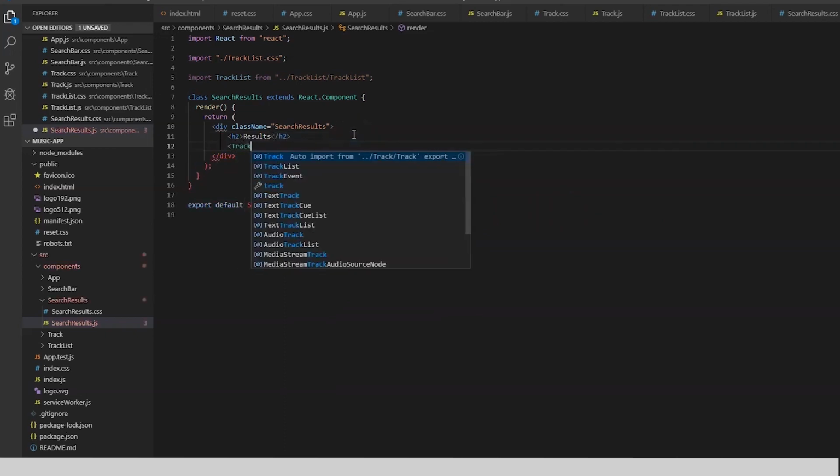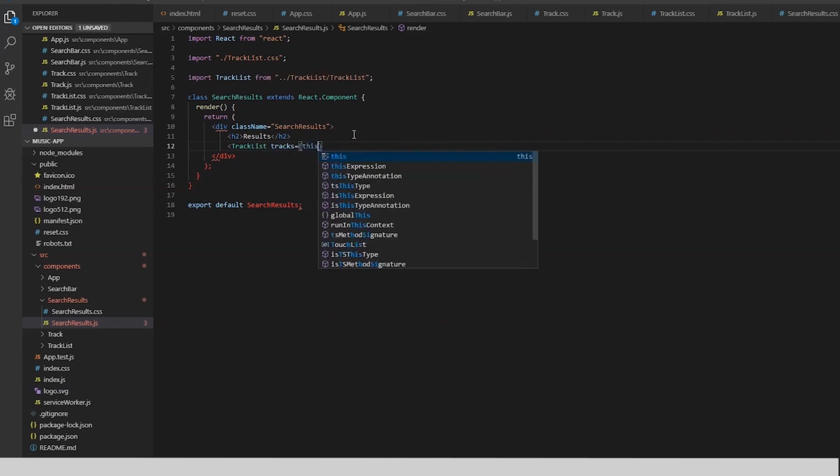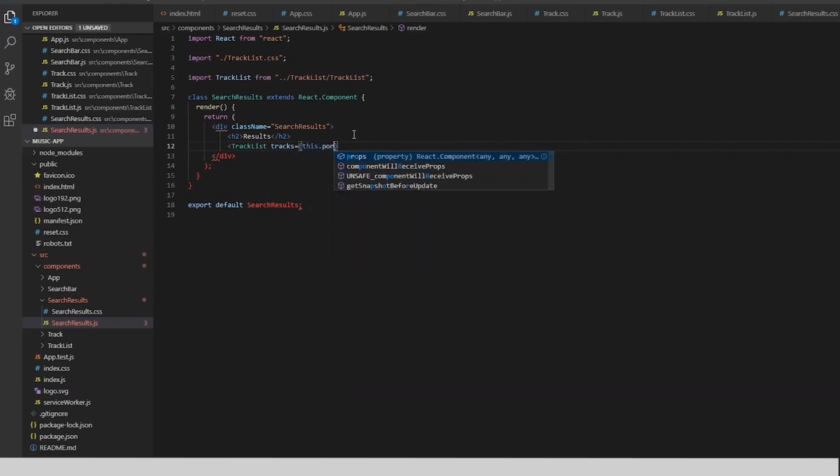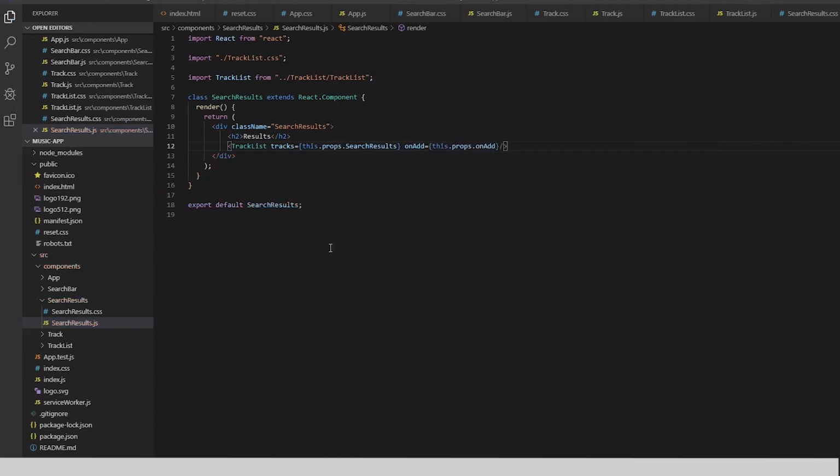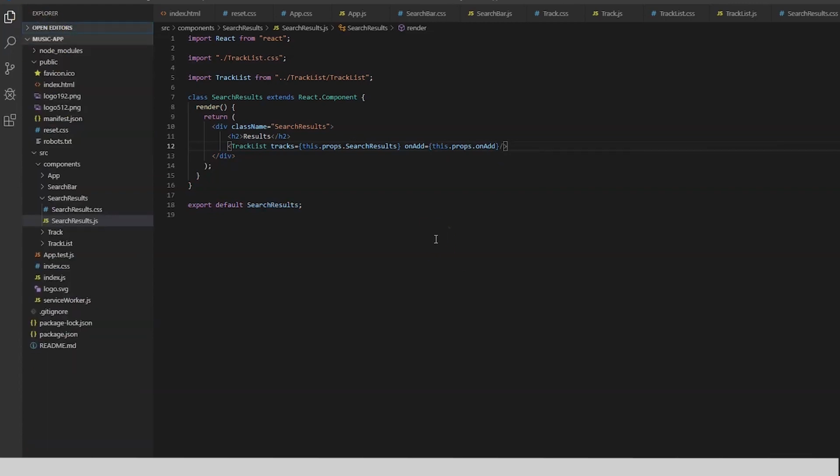Let's go and create track list with a set of tracks, and we will bind it to this dot props dot search results. And on add, we are going to bind to this dot props dot on add. So we already have that. So that basically completes search results, and that leaves us with the last component, which is going to manage the